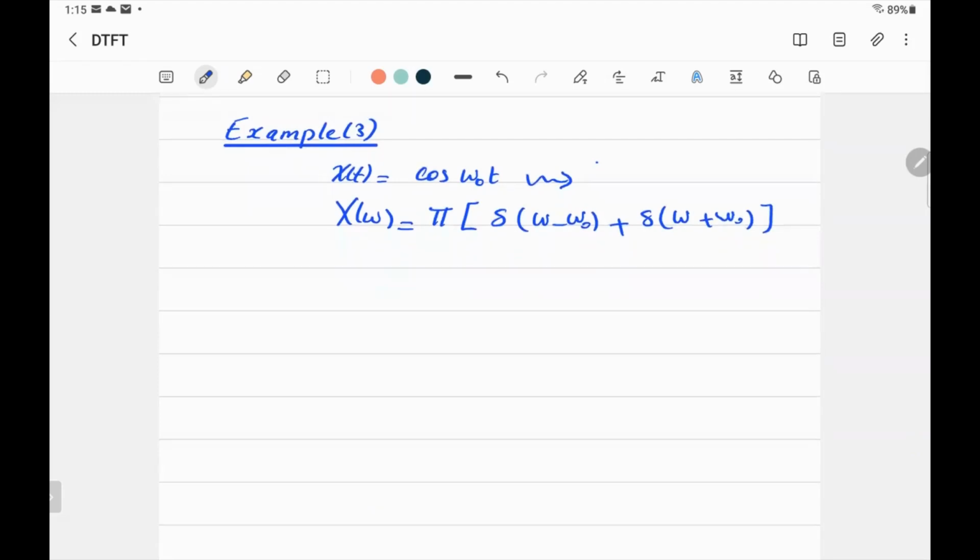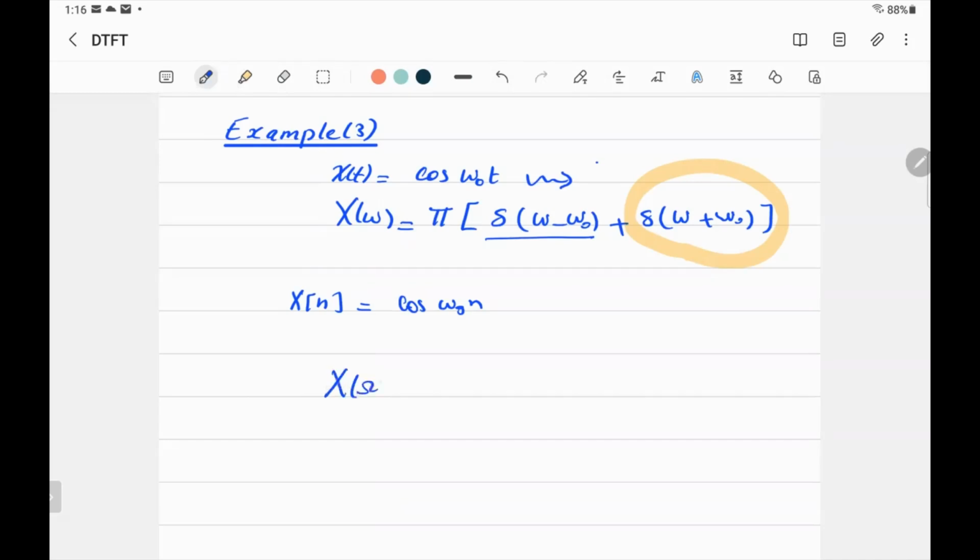So what you'll do if you have x of n equal to cosine omega naught n, without sketching, I can do it. Because if you look at one signal only, just cover this one right now. If you cover this a little bit, temporarily here, where you say I am having only one signal,